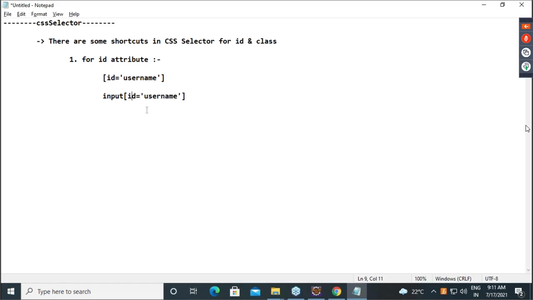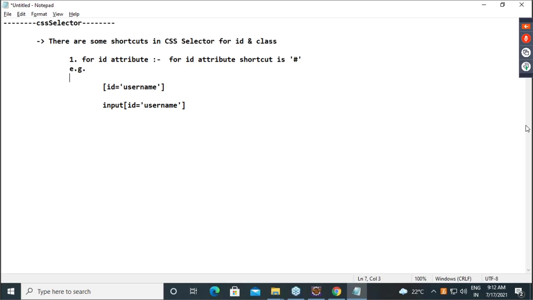We can directly use, for the ID attribute, a shortcut. What is the shortcut? Hash. You just mention hash. No need to do anything else. For example, these all are examples only.